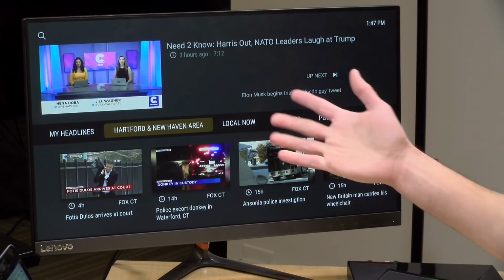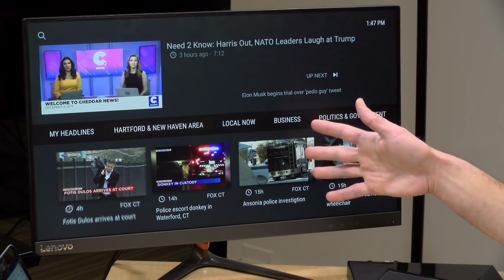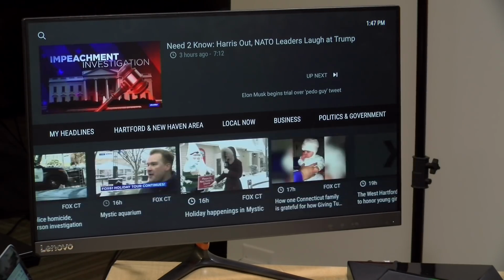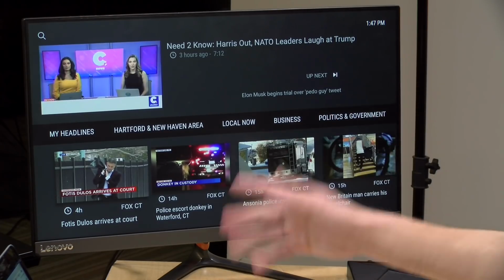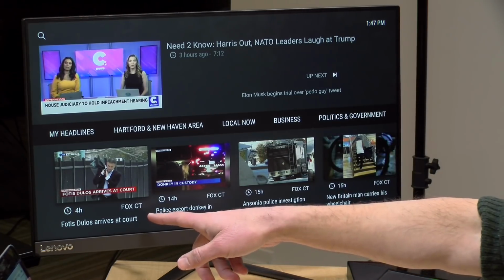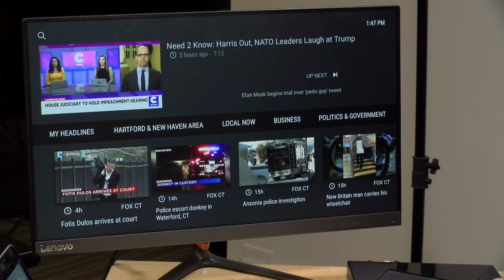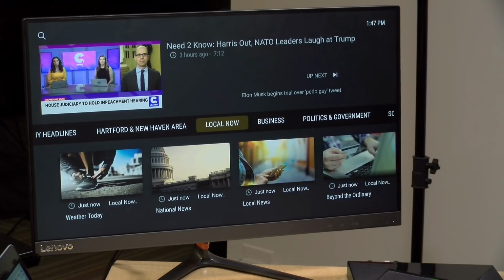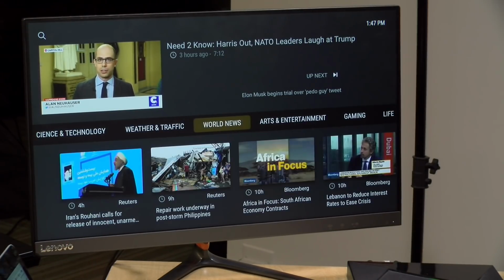So for example, it knows that I'm in the Hartford and New Haven area, and there are 2 TV channels that are providing news packages to Plex News, and I can dial up my local news, and it's generally pretty up to date here. So this story down here was from about 4 hours ago. So as these things get posted to the local affiliate websites or on their TV station, they get brought to here. We've got some other local stuff here as well, and they can break it out also by different topics